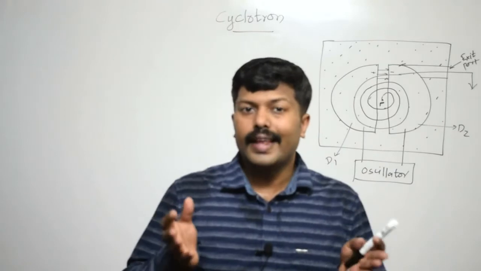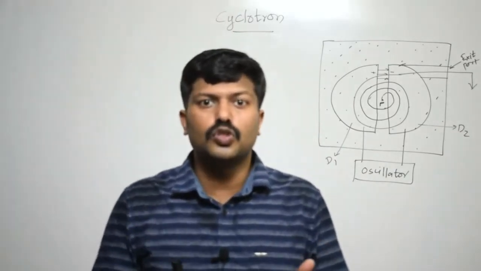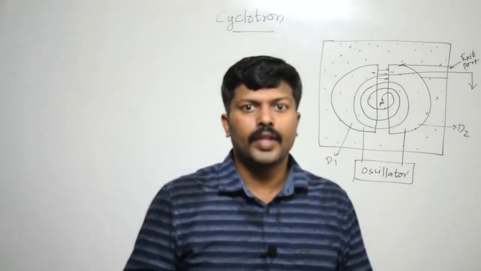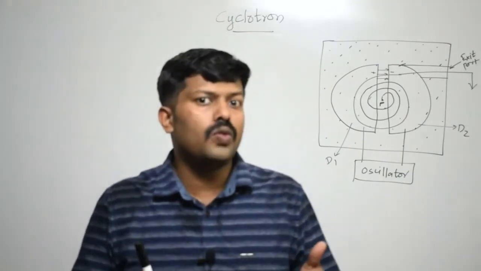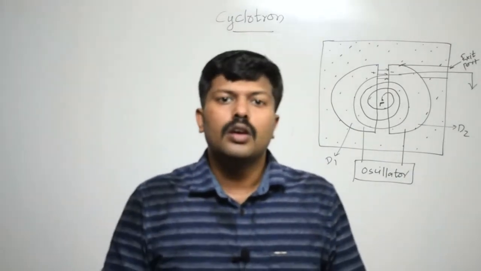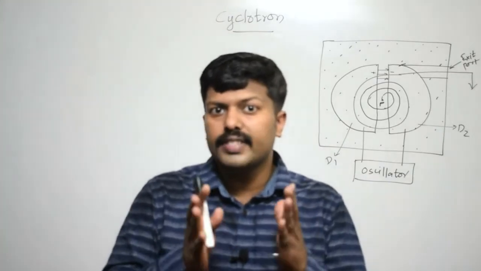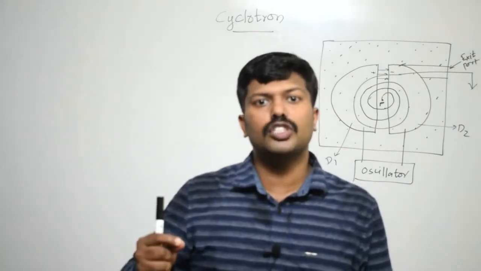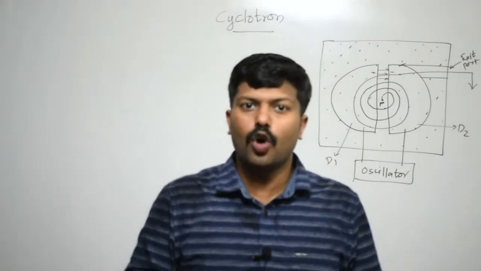First of all, let me tell you what is meant by a cyclotron. A cyclotron is used to produce high energy charged particles, and that is used to bombard nuclei. And let us see how that happens. Okay, so in this video shortly I am going to tell you about the setup that is used for producing high energy charged particles and the principle by which it operates.